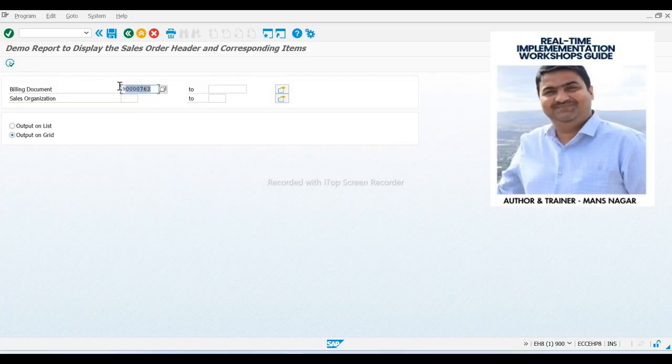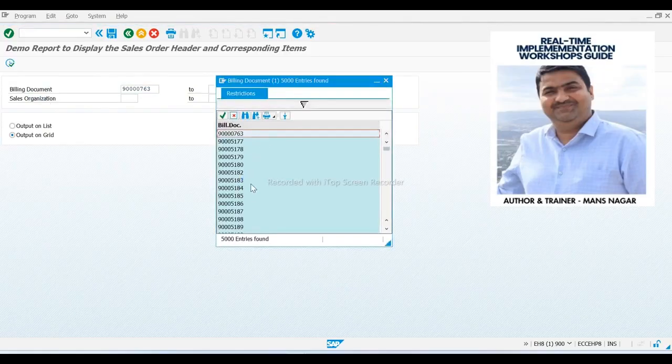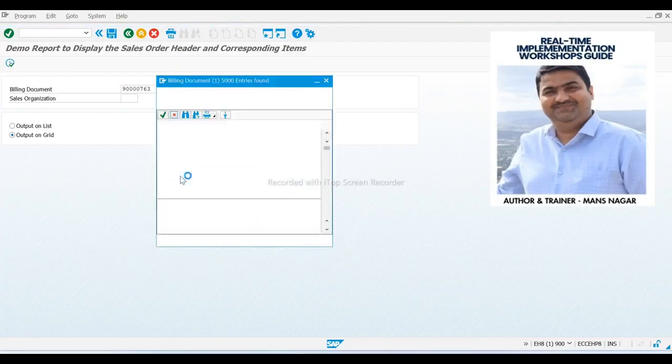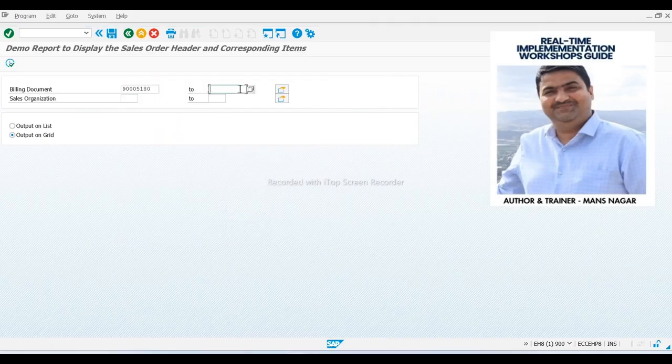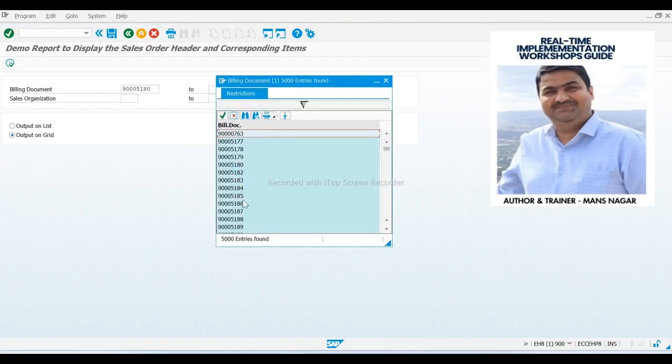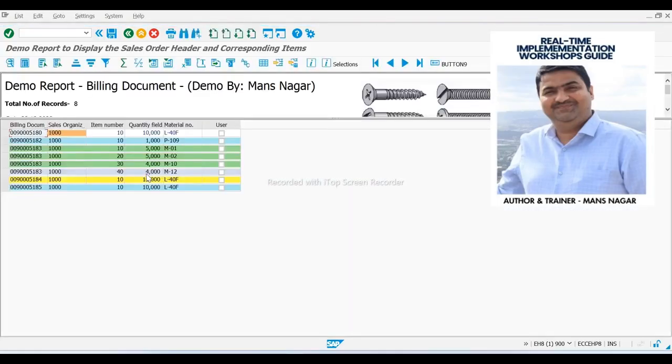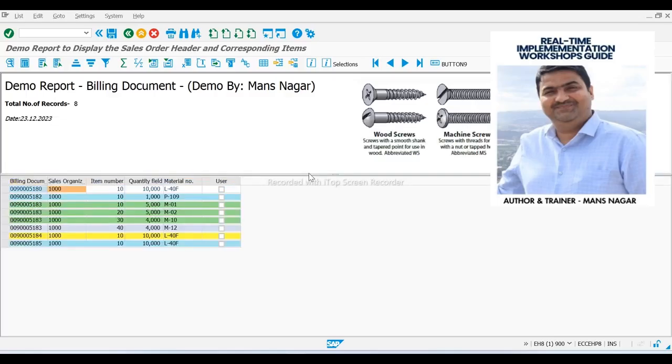On the selection screen at runtime, the user gives the input: billing document number, sales organization, or billing document, like one document, or in between. I want to get the billing document number in between 1802 to 185, and I want the output in grid format, and I will click on the execute button. The records will be displayed in the form of